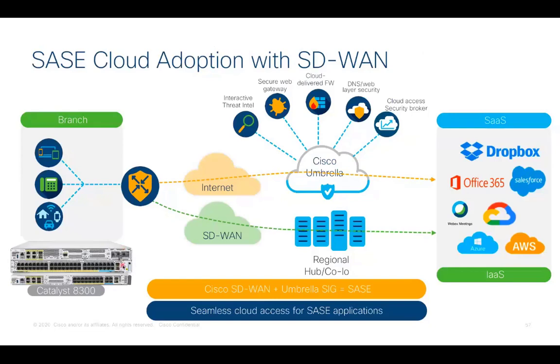So with Cisco, how can we provide best connectivity experience for our customers for securely accessing services at the cloud? For that, we need the strongest platform at the branch, which is again Catalyst 8300 platform, to provide high-speed cloud connectivity for SASE-based deployments. And with SD-WAN and Umbrella integration, we offer cloud-based security at the branches for securely accessing applications for SaaS and customer infrastructure hosted in the cloud providers like AWS, Azure, Google Cloud Platforms.